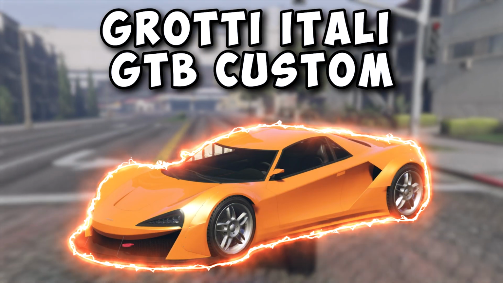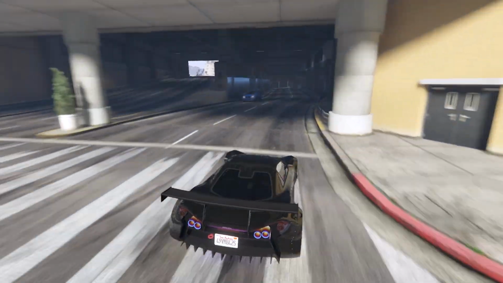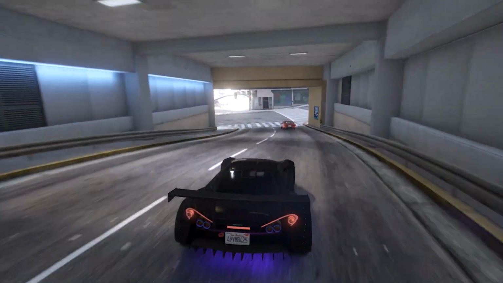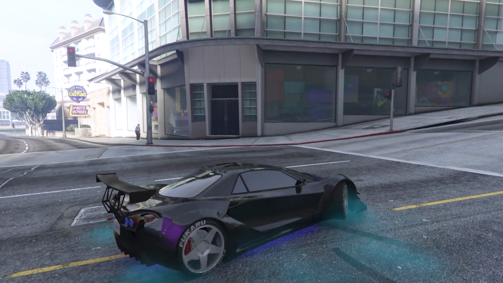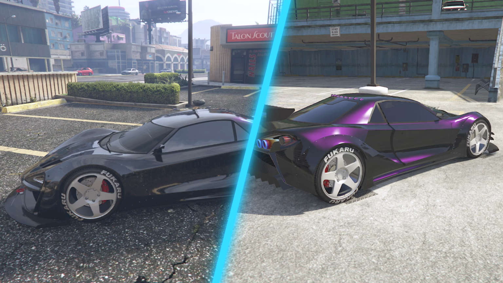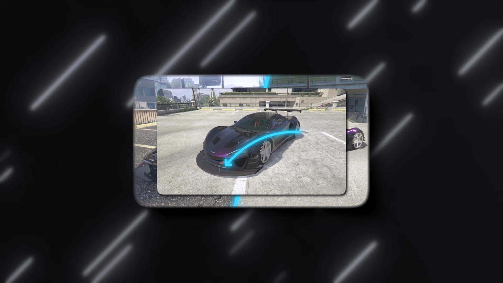The Itali GTB custom costs just under $2 million with its custom version costing $500,000. I remember very clearly, this is one of the first cars that I really tried to modify. And as you can see, it's black with this little purple shine to it. It's got a nice bumper. You can kind of tell that I'm not a car guy, but I think it looks pretty cool,